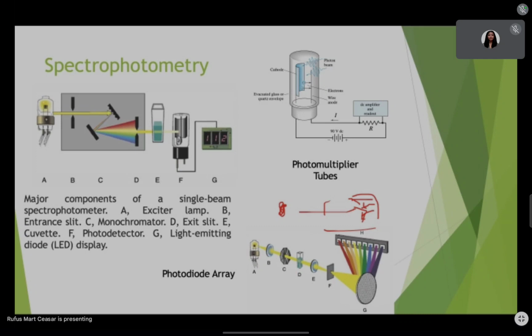So, next ay yung photodiodes or light sensing diodes. These are detectors which usually yan na yung ginagamit sa hospitals. Pero sa laboratory, sa chemistry, photomultiplier tubes pa rin. Kasi sa hospitals, kaya gumagamit ng photodiode array. Ang difference nito kasi ng photomultiplier tube ay